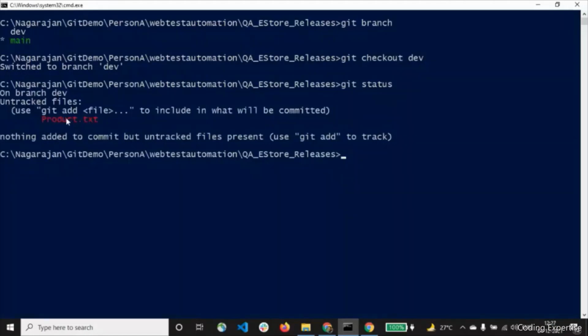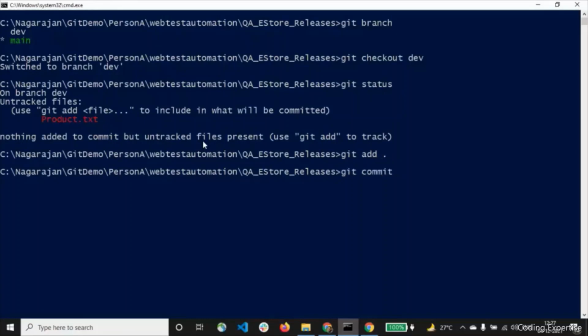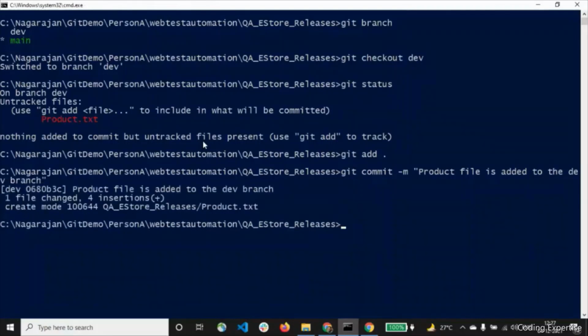So we've created a new file, product.txt. Let's add this file and put a commit to it. I'm adding the product file on the dev branch.